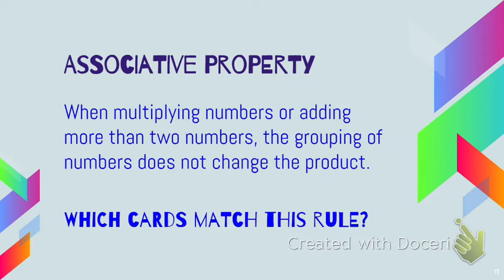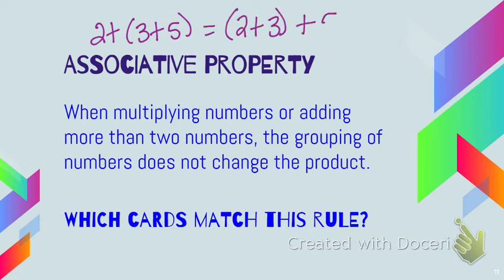So for adding, what this looks like is 2 plus 3 plus 5. I grouped the 3 plus 5. So my order of operations would say that I would do the 3 plus 5 is 8, plus 2 and get 10. That is the same thing as saying 2 plus 3 plus 5, because 2 plus 3 is 5, plus 5. Okay. Multiplication. I could say 4 times 2 times 6 is the same thing as 4 times 2